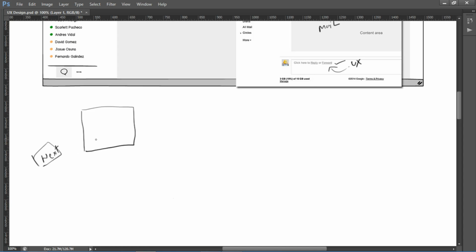I want to place the button in this product. As a user experience designer, where will I place this button and what color should I apply? So color is not an important thing, but placing a button is an important thing.